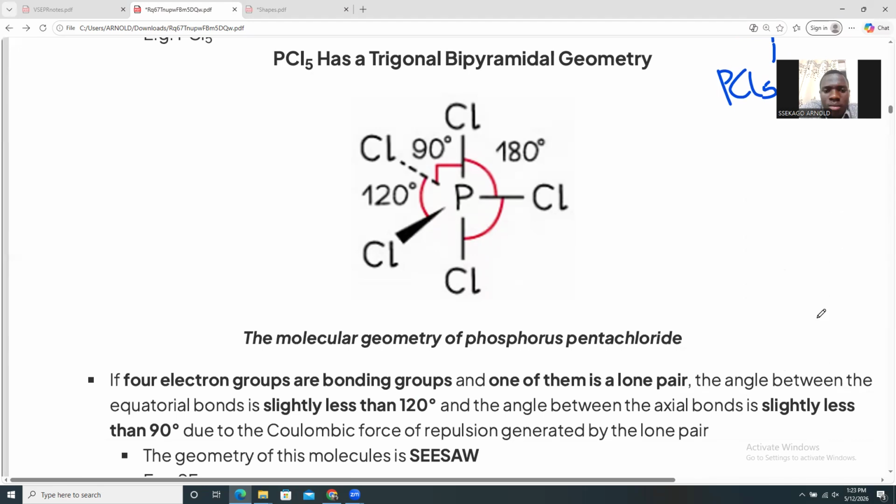Now, 4 groups. For 4 electronic groups, we get the formation of different shapes. Now for 5 electronic groups, this is the case. The first case is where we have 5 lines. The second case, still for 5 electronic groups,